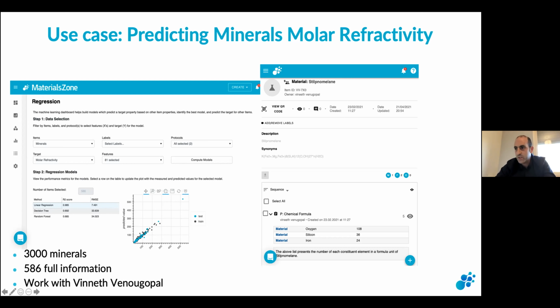Another thing worth mentioning, and sorry for not showing it here, is that protocols include linked data. So if you use a formulation, for example, and you mix a polymer with a mineral, you could link to the material properties, and these will participate in the machine learning and correlation analysis, where the machine, like the human, would look for the linked information and bring it as data that will be used for the analysis and for the generation of correlations and regression models.